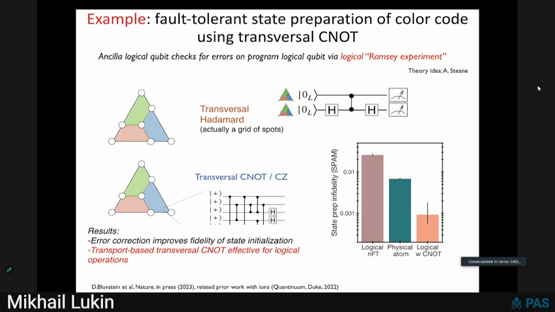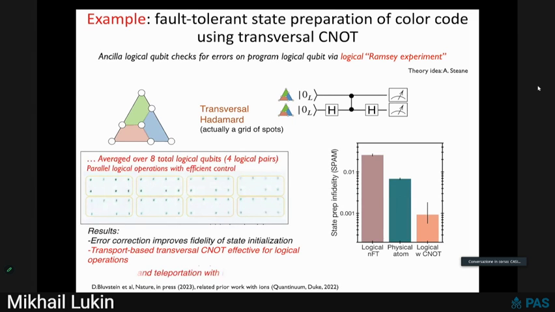The fidelity is better than physical fidelity, both in terms of SPAM, but also in terms of gate fidelity. Experiments like this have been done for 2 qubits, but in our case, we can do it in parallel. We can do it, for example, in 4 pairs simultaneously. And what you see is that in this case, after the preparation, we actually have qubits in which we can do circuits.